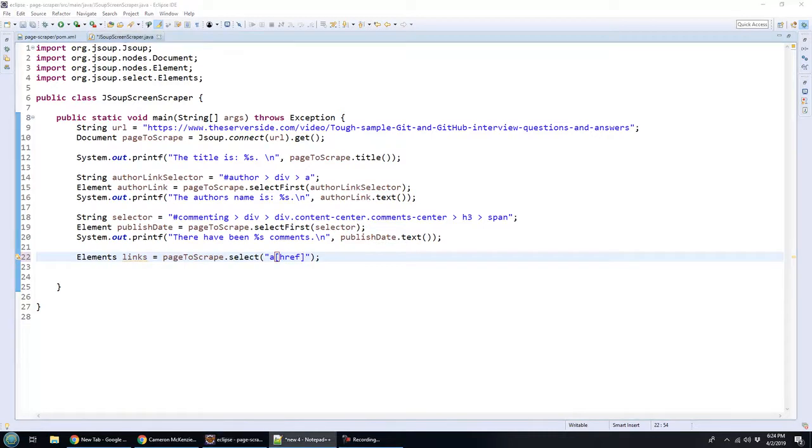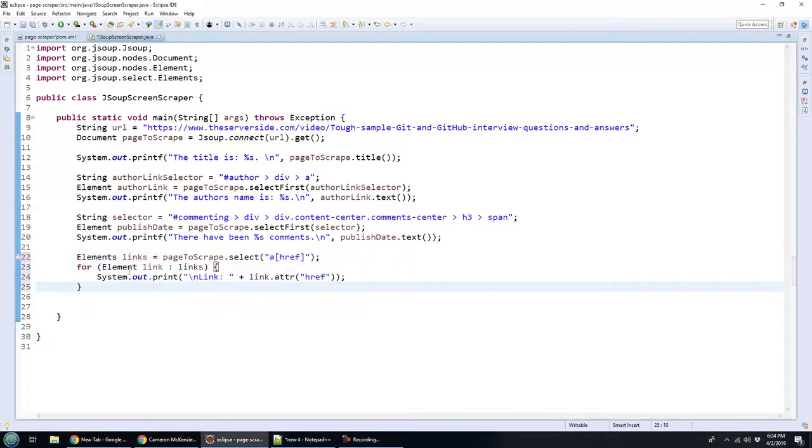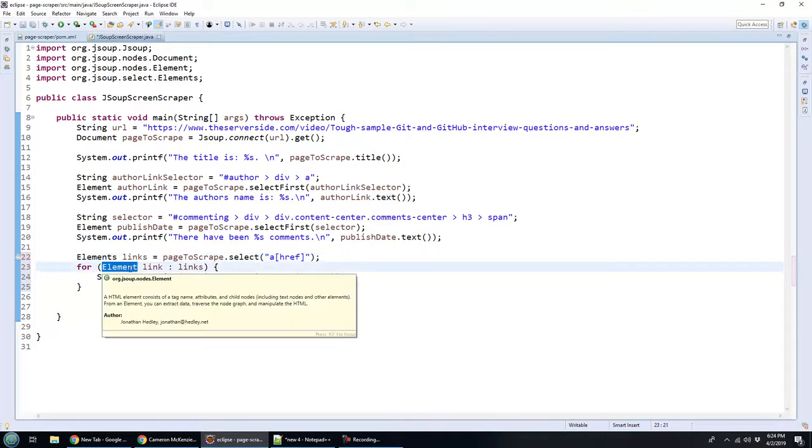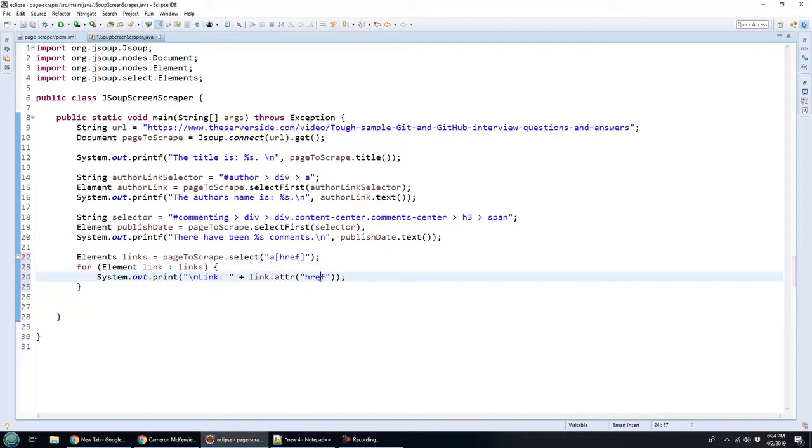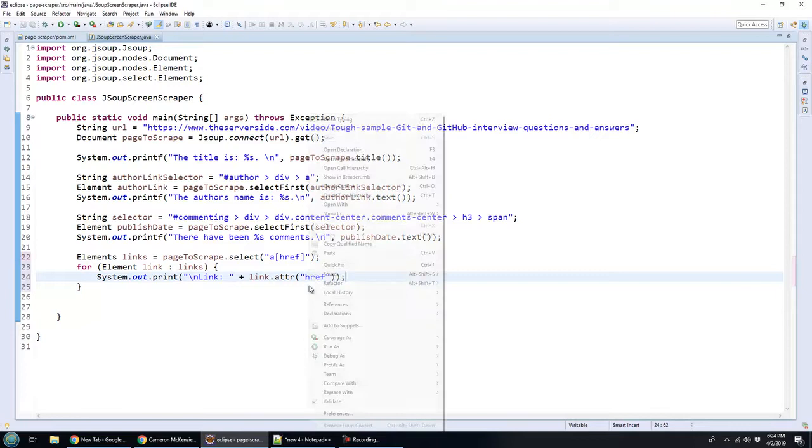And now I can just write a little bit of code to loop through all of those elements. That's just standard code. And so for each element in there, let's print, hey, this is a link, and the actual attribute of the link, right? This is getting us a list of links back. We go through them one at a time. We name them link as we go through, and then we just get the href attribute of each anchor link. And when we run this,